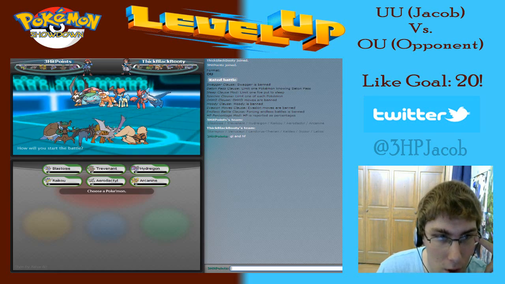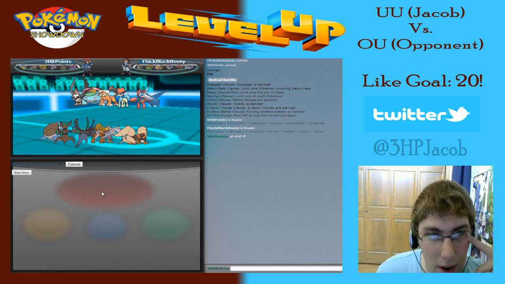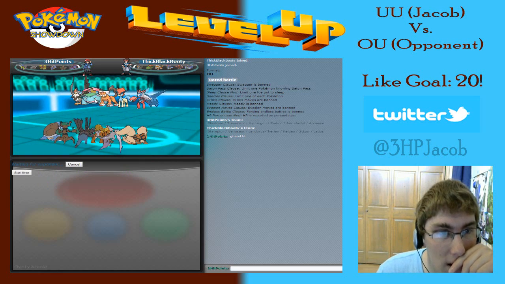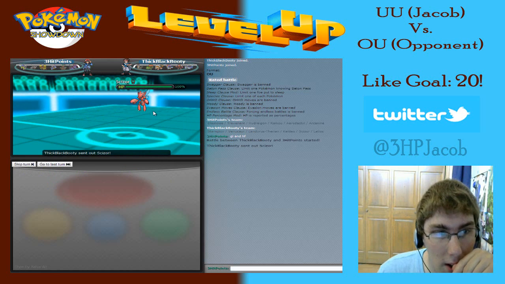Probably either Staraptor or Landorus. So, I think the best lead's Aerodactyl. If you lead your Landorus, I'm not afraid of it. He could have Stone Edge. I'm not going to stay in, clearly. But yeah, he's going to lead with...